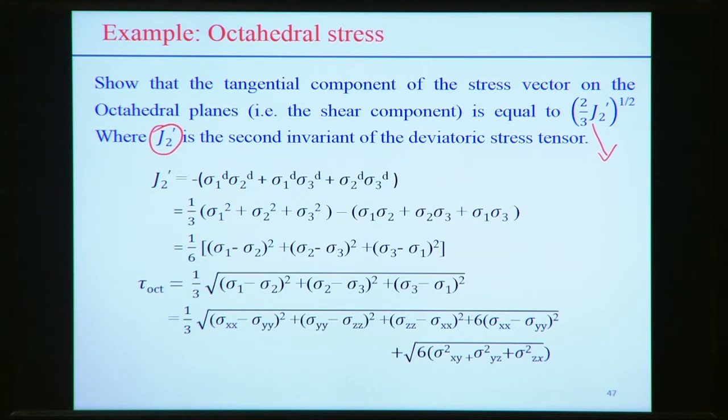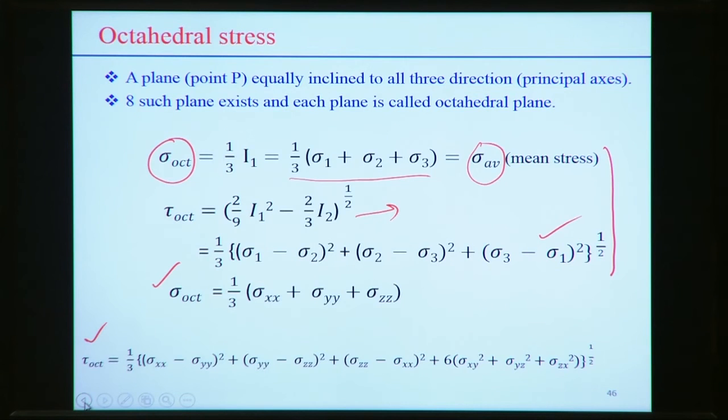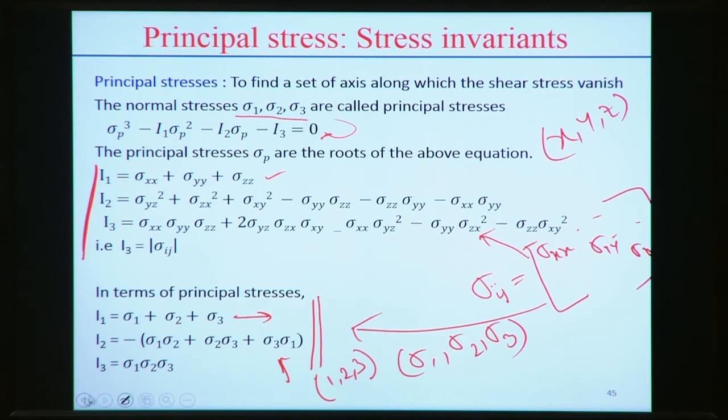But each stress state can be decomposed into two parts. One is the hydrostatic component, another is the deviatoric stress component. So here the dot actually represents the deviatoric stress component. So what is the second invariant in the case of the octahedral stress state? The second invariant is represented simply as the negative of sigma 1 sigma 2, sigma 2 sigma 3 and sigma 3 sigma 1. This is the representation of the second invariant. A similar thing we will try to follow here.